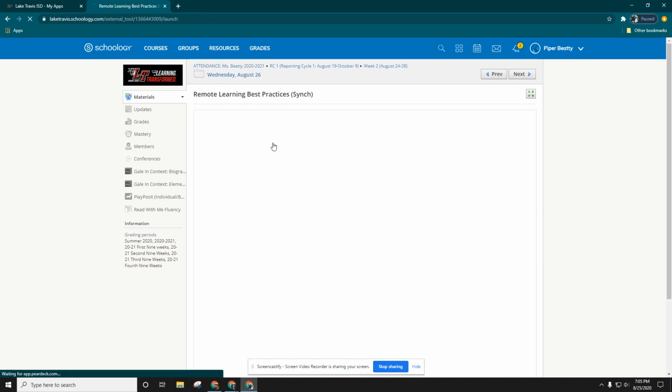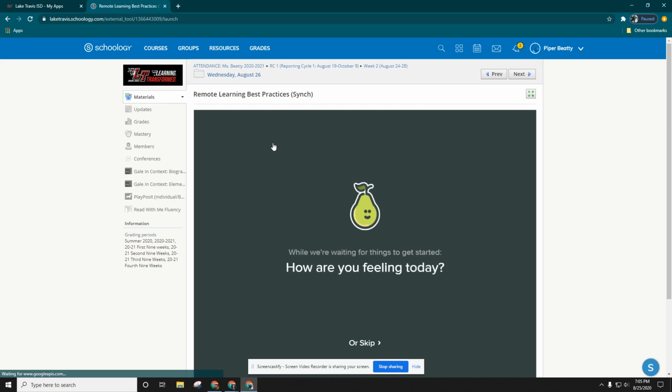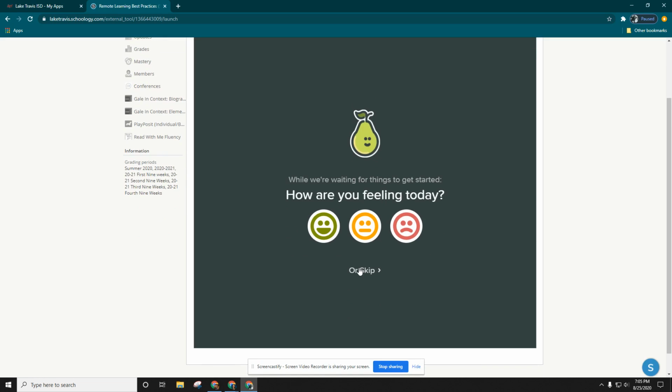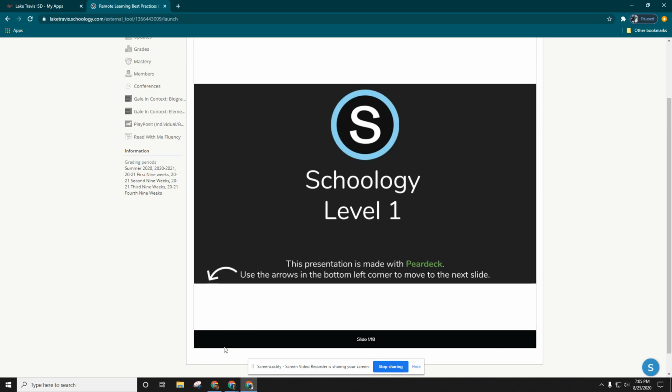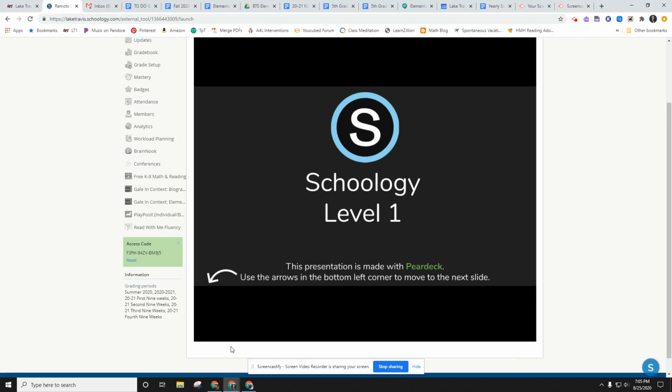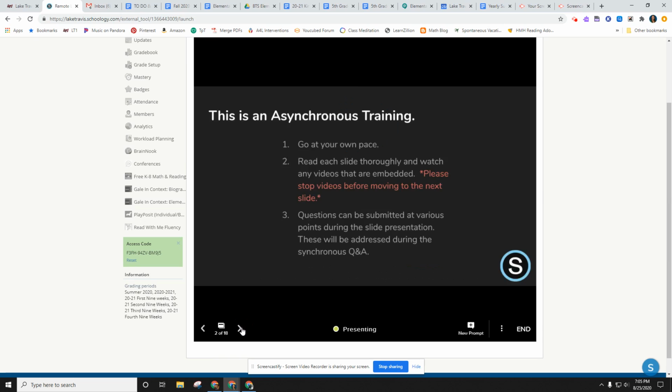So when I click into here, it's going to look a little different. After this first slide, you'll notice I don't have any arrows. Because it is in instructor paced mode, I'm not able as a student to click forward. I have to wait until the teacher, if I go back to the teacher's side of things, the teacher can